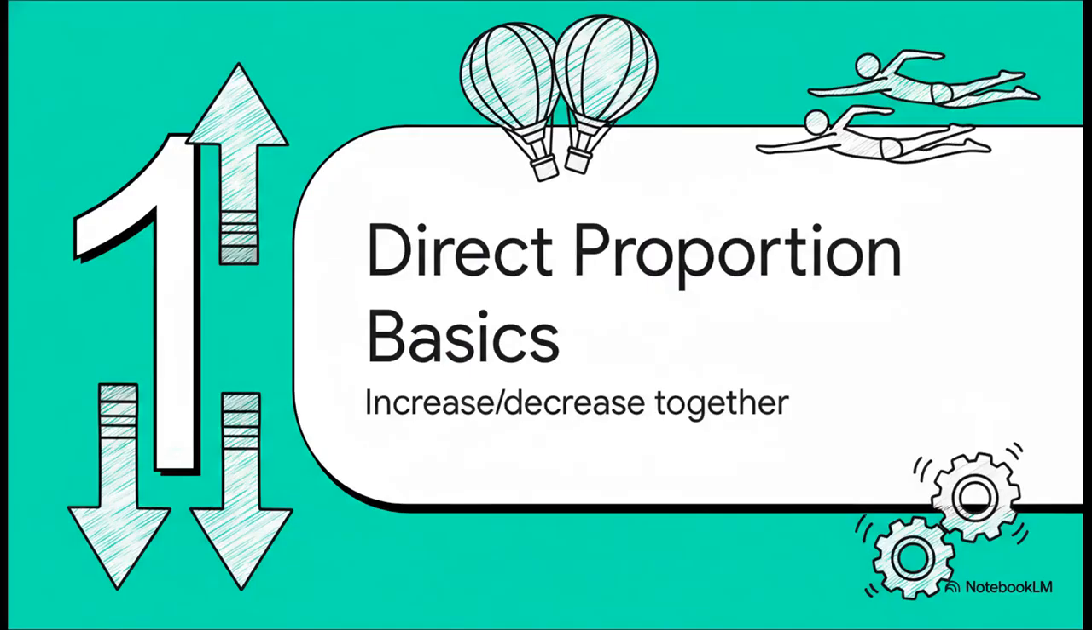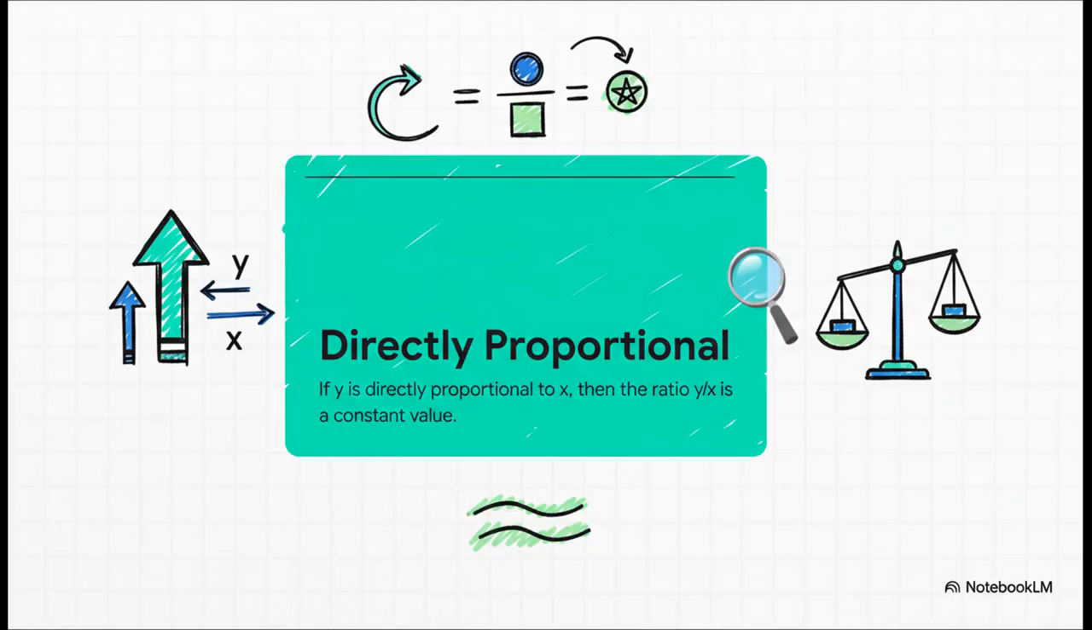Okay, let's dive right into our first section, direct proportion. You know, the core idea here is actually really simple. It's just about two things moving in sync. If one of them goes up, the other one goes up. If one goes down, the other goes down with it. Simple as that. Now, in mathematical terms, we say that y and x are directly proportional if their ratio, that's